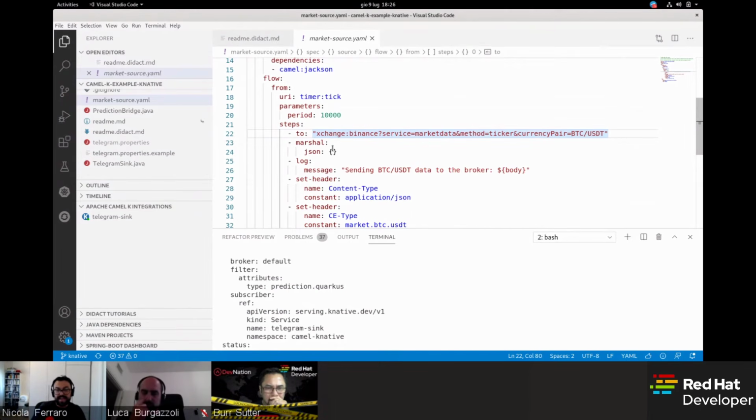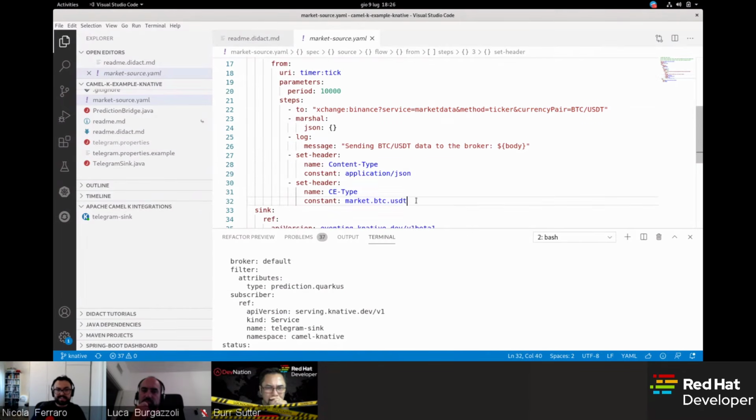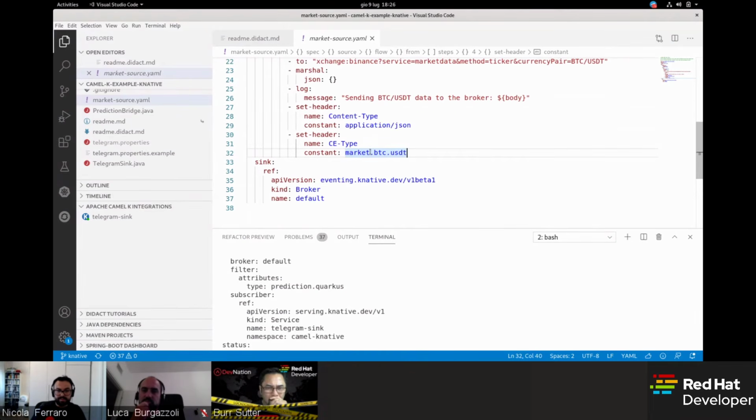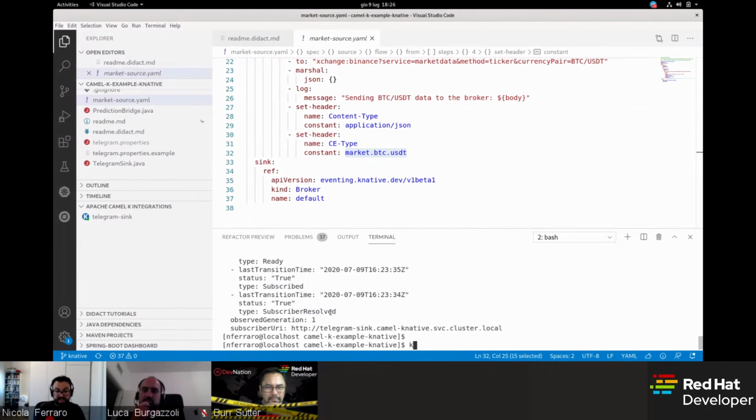We take the JSON as it is, marshal it, log something in the console, and then we set the content type and send it to the default broker with this type, market Bitcoin USDT, so that services can subscribe to it. To create this, you use kubectl because it's a standard Kubernetes resource called market